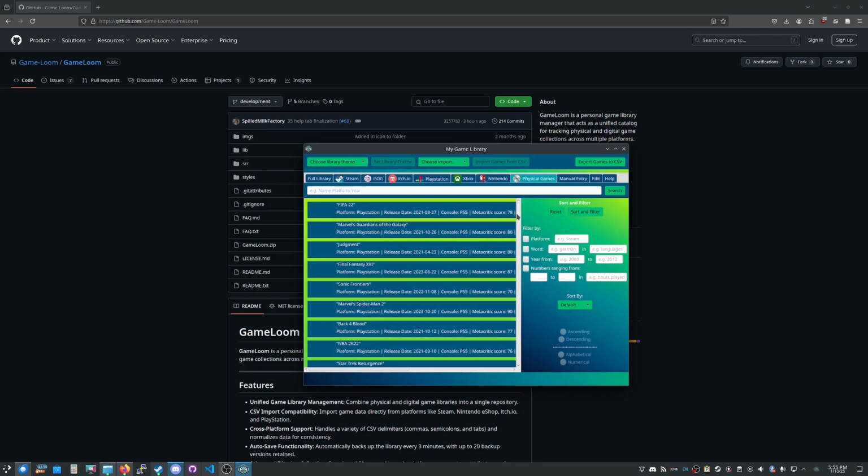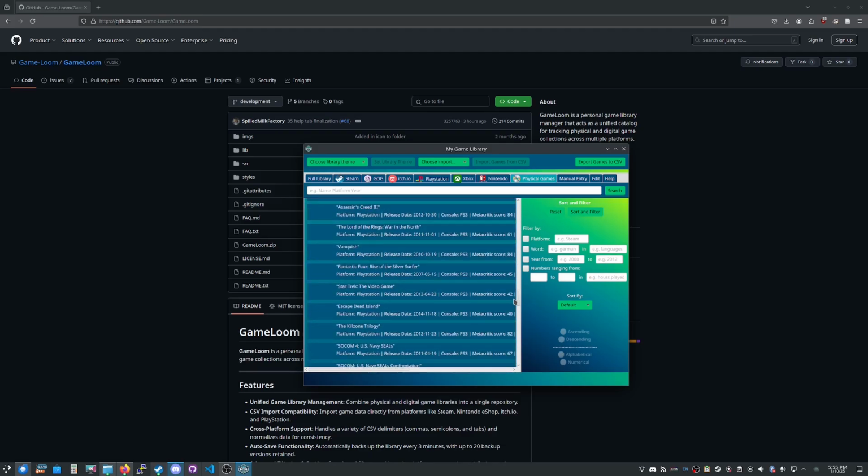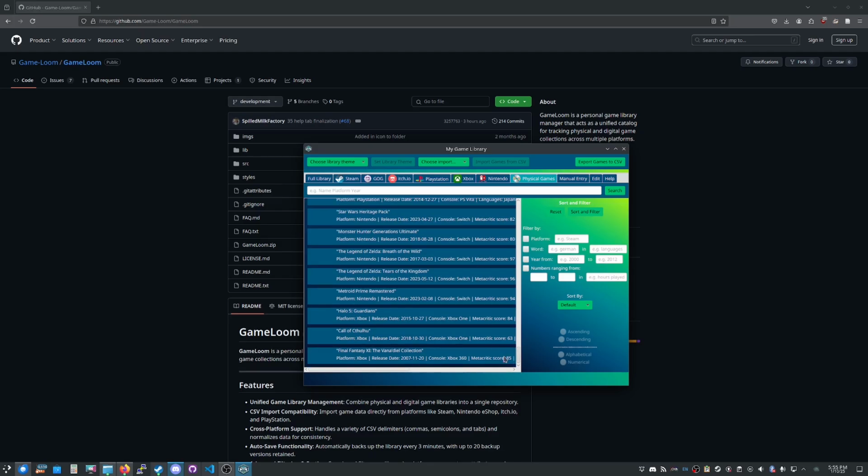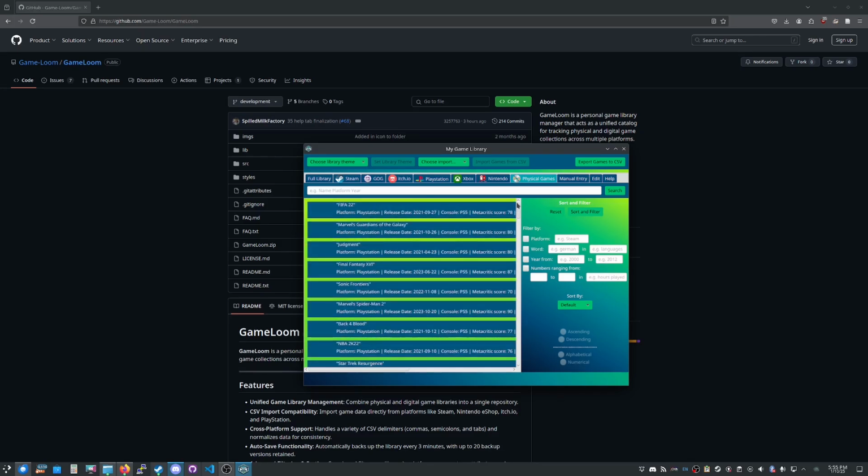And then physical games actually doesn't filter based on platform. So some of it's PlayStation, some of it is Nintendo, some of it is Xbox, right? This is actually filtering based on whether or not you've given the title this physical property. If there's anything here, no matter what character you choose to mark it with, if there's anything there, then it'll